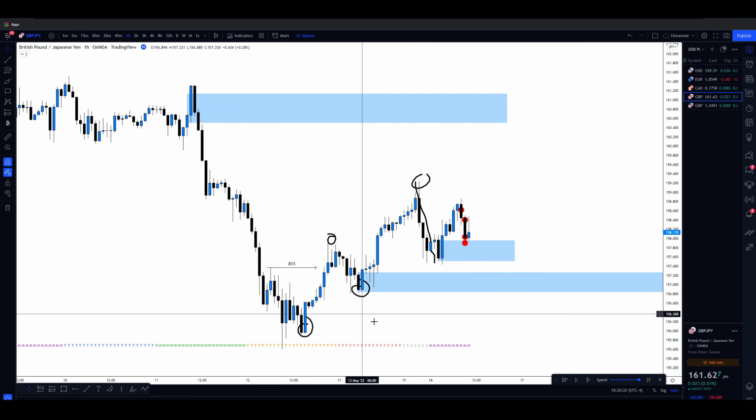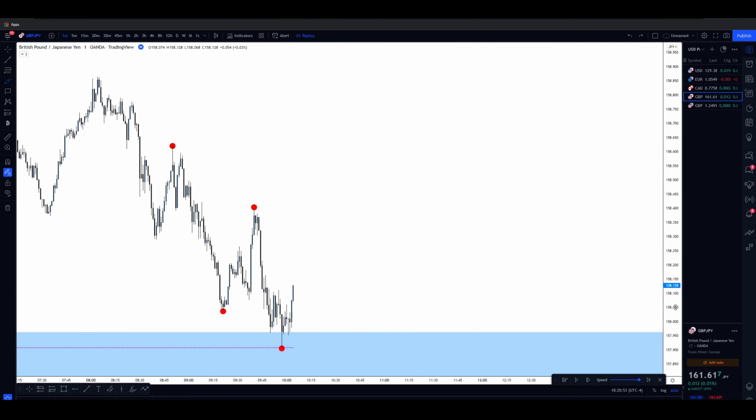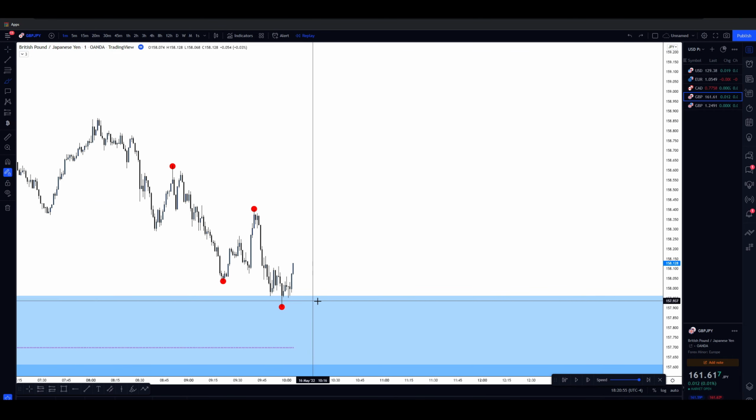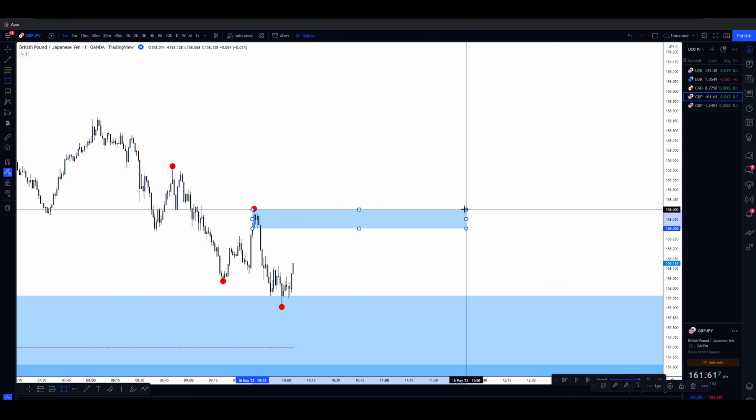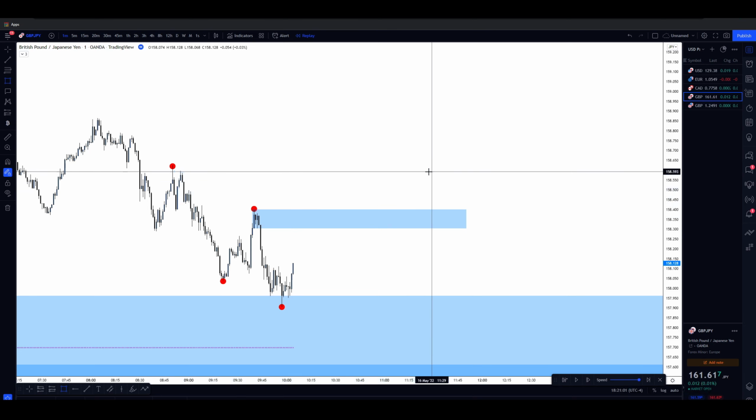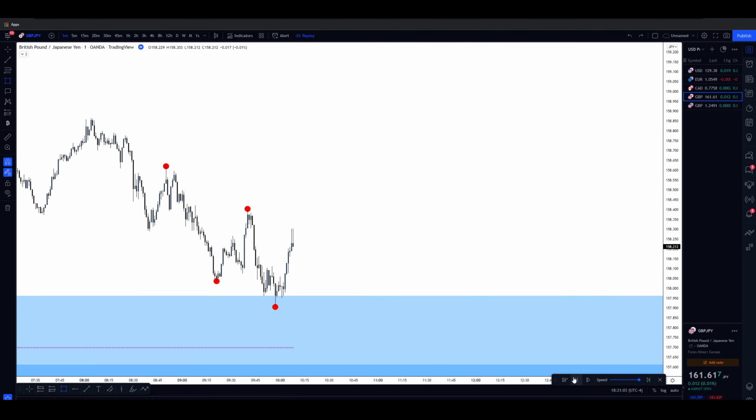Now, we can see price action enters your 20-minute point of interest, and we have this microstructure on the 1 minute that's being followed. And what did I say before? After a supply zone or a demand zone is touched, every single supply zone that we had is no longer valid. So if you're looking to sell here, if you're looking to sell here, it's all liquidity now. There's no point of selling there.